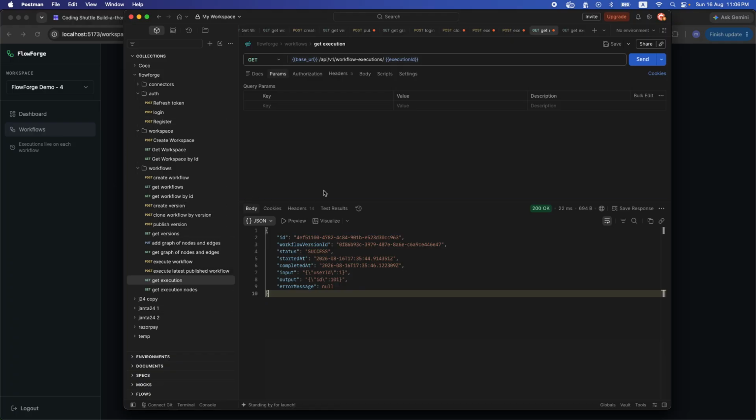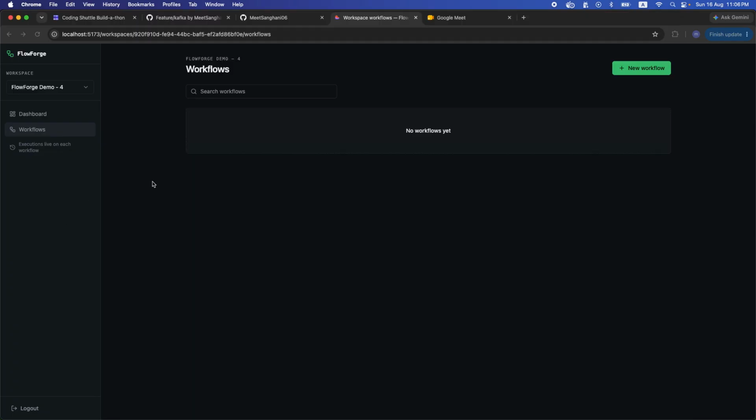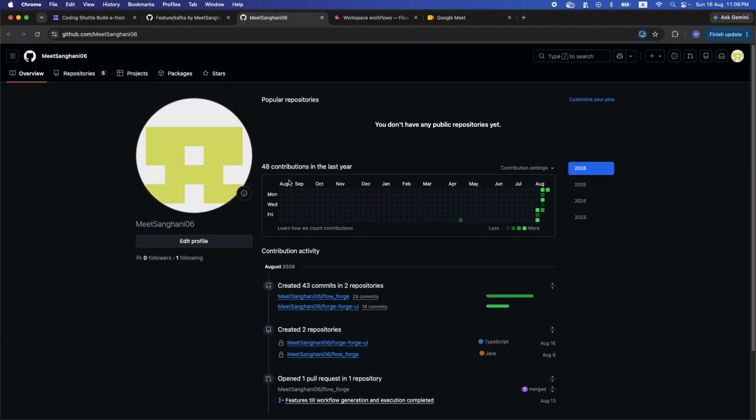In the backend, we have used a lot of concepts of idempotency. We have used outbox patterns to handle the event-driven architecture, where we have used Kafka as well, and we have used other production-grade concepts. We have also used Flyway for our migrations. So I'll quickly walk through. I'll just take a few minutes to show you the